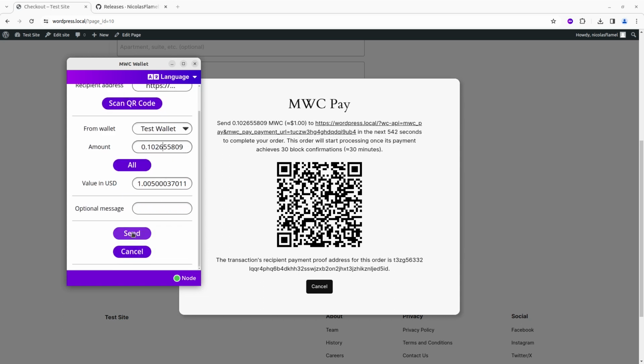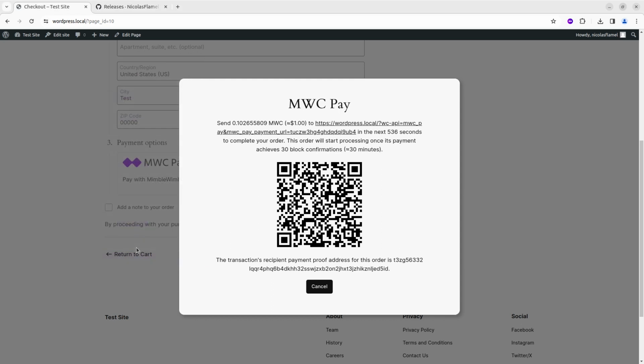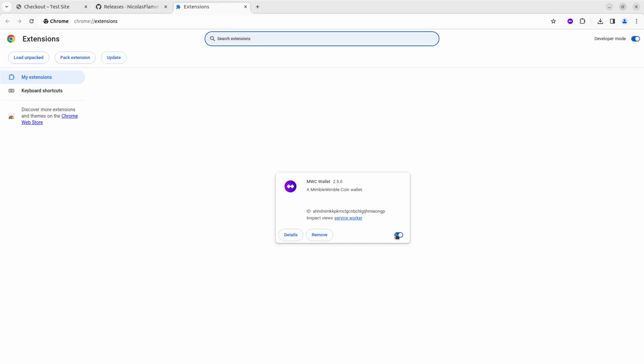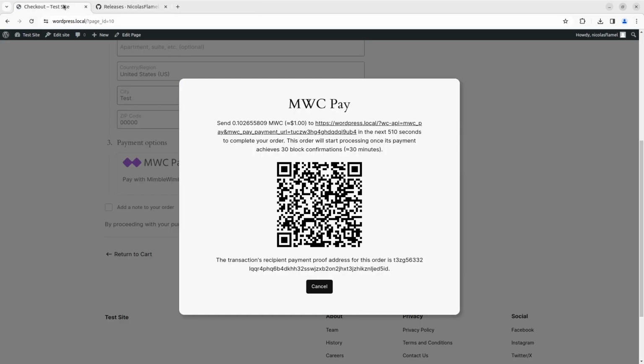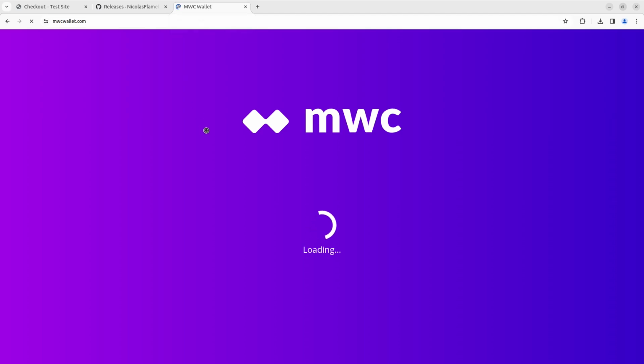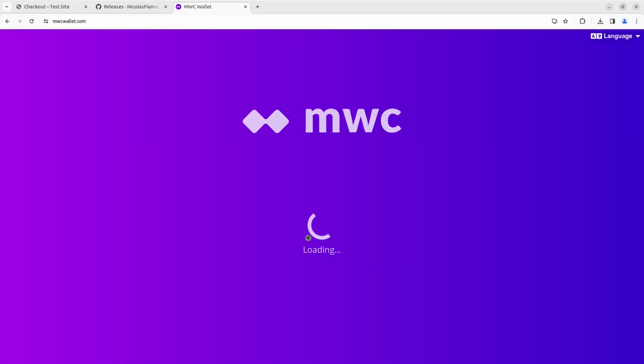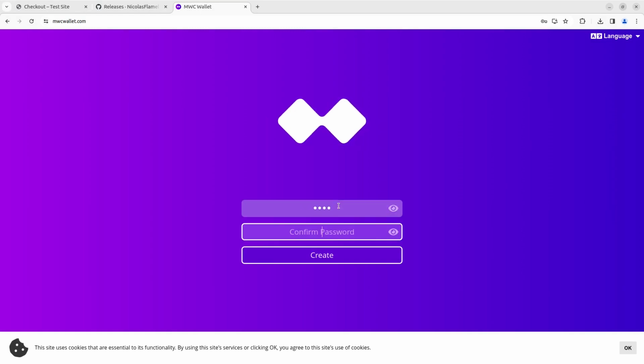Then they can send the payment. The second way, if they don't have the MWC Wallet browser extension installed, so let me disable that, is that clicking the link will open the order's address with the MimbleWimble Coin URL prefix. What that means is that if the customer has wallet software associated with that URL prefix, it'll automatically open that wallet software for them. For example, if they create a wallet at the MWC web wallet,